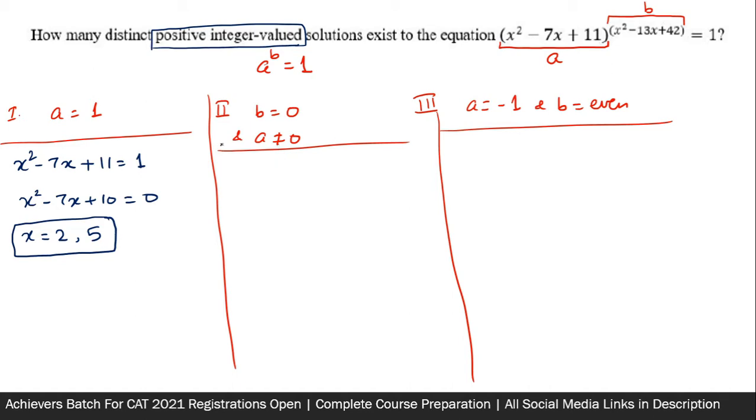Coming to case 2, we want B equal to 0. Let us put B equal to 0. We get a clear-cut solution to this. Clear-cut roots, x equal to 6 and 7, both positive integers again, but we also have to check that while putting B equal to 0, the values of x that are coming out should not make A 0. I'm just going to put x equal to 6 or 7 in the value of A.